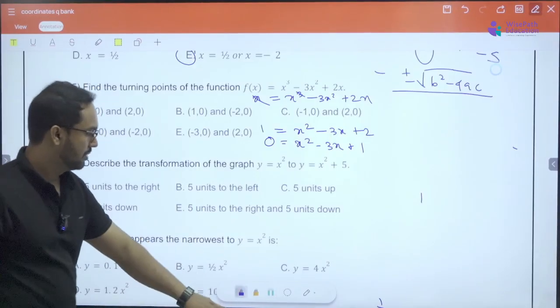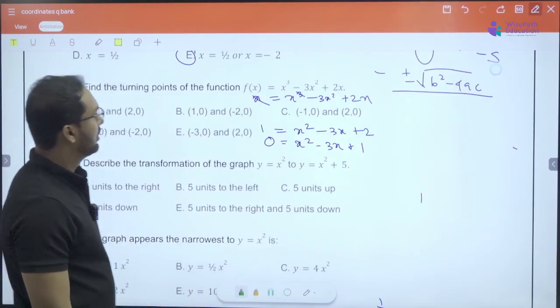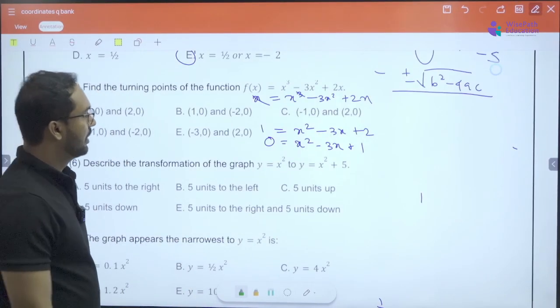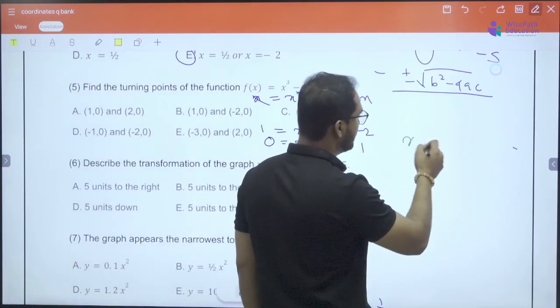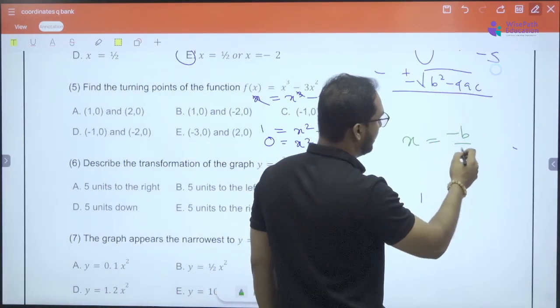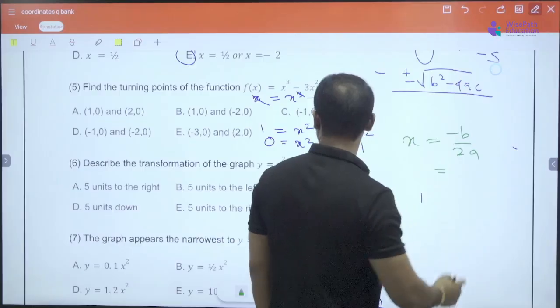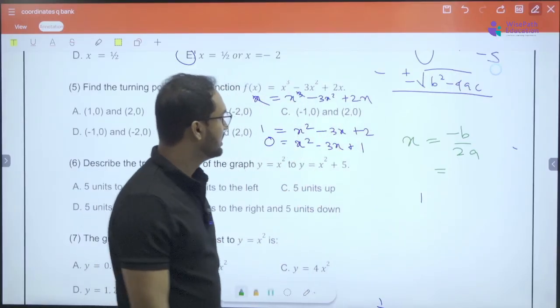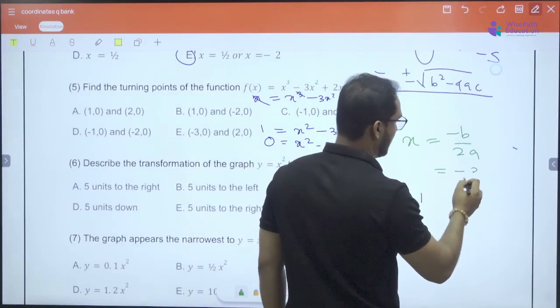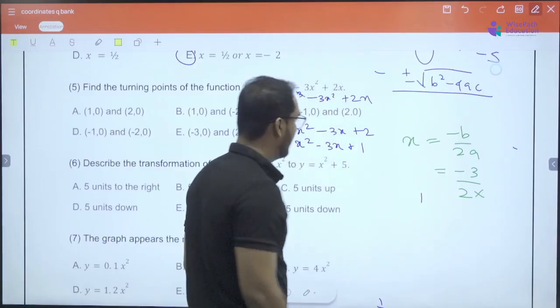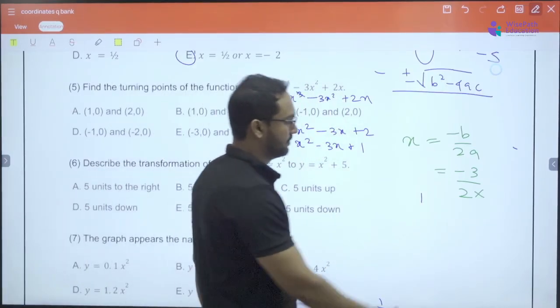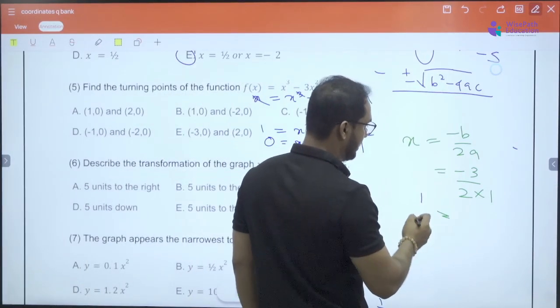Right, take a different color. එතකොට අපි අරකට දාලා බලමුකෝ x equals minus b over 2a. So the minus b is what? Minus 3 divided by 2 into a is 1, so that gives x equals